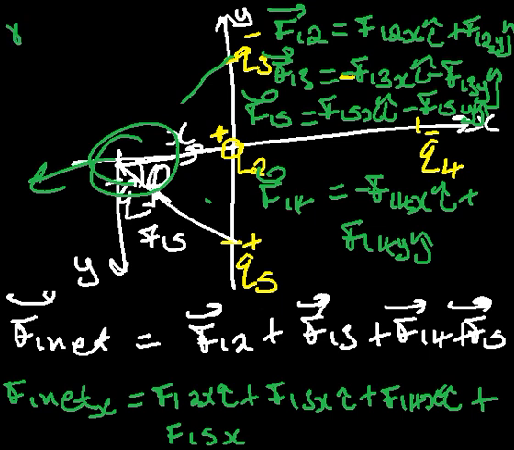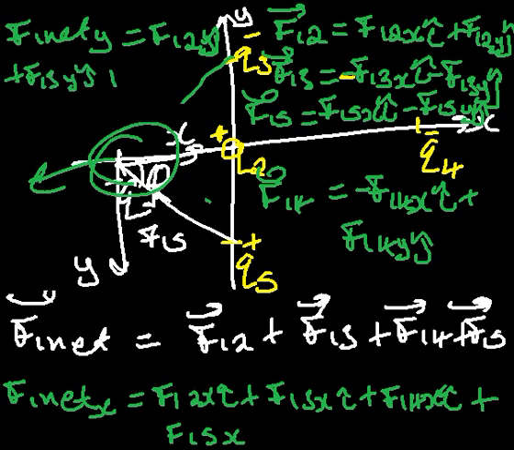And the next we'll have F1 net y. That is the summation of forces acting on charge 1 along y-axis due to the other charges. So we have F12y j, plus F13y j plus F14y j plus F15y j. Then upon having that,